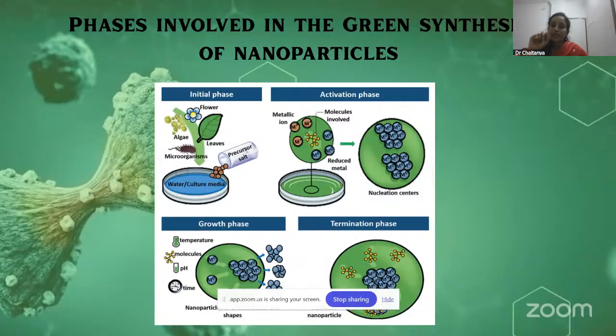So Ag plus is getting converted into Ag0. You can see it in the diagram also. M plus is getting converted into M0, right? So positively charged metal ion is getting converted into neutral ion, right? That is called as the reduction, right? That is nothing but formation of the nanoparticles. Those neutral metal ions will be involved in the formation of the nanoparticles, as I explained with the silver nanoparticles.